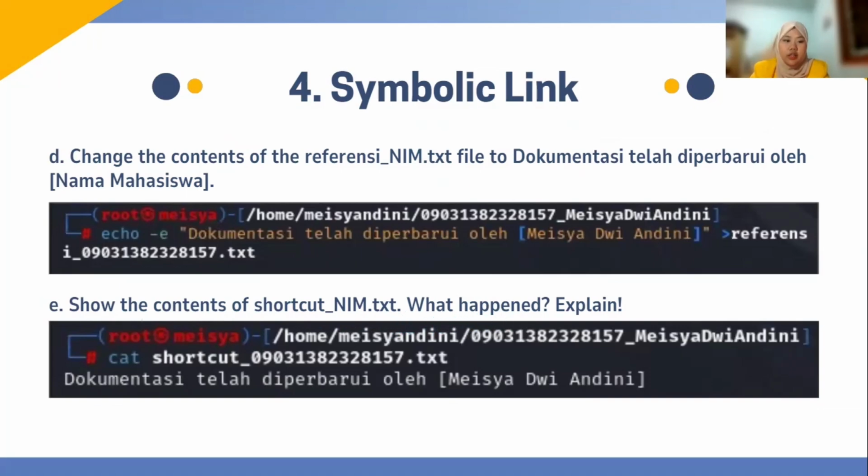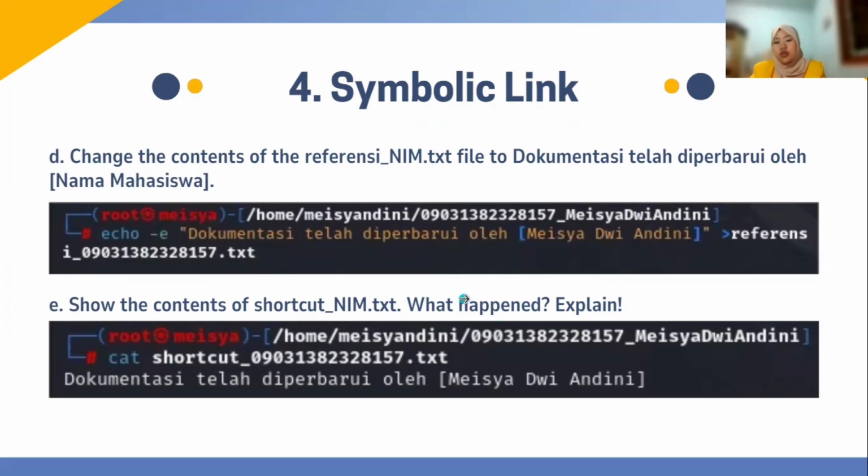We use cat shortcut_name.txt, and it shows the updated contents because shortcut_name.txt is a symbolic link to referensi_name.txt. A symbolic link points to the target file and reflects any change made to the original file.